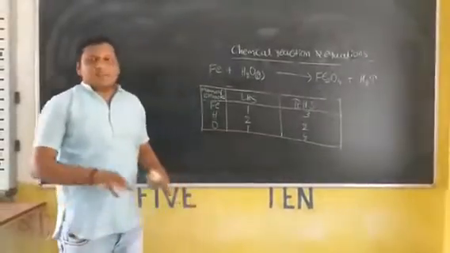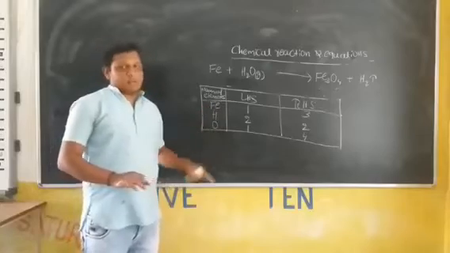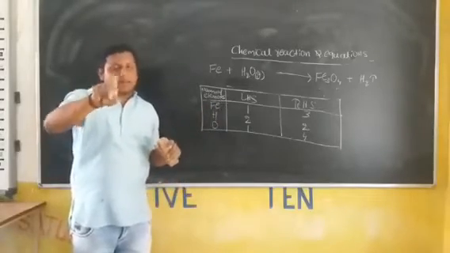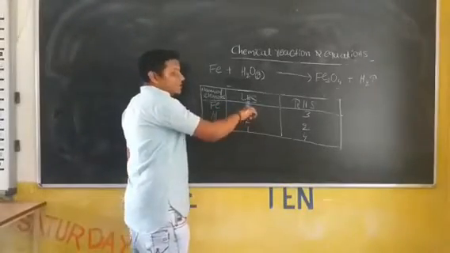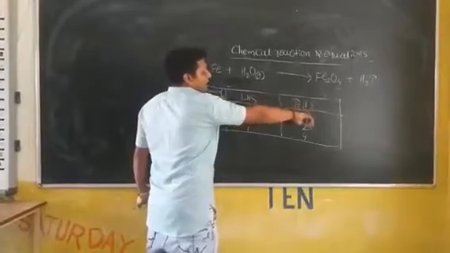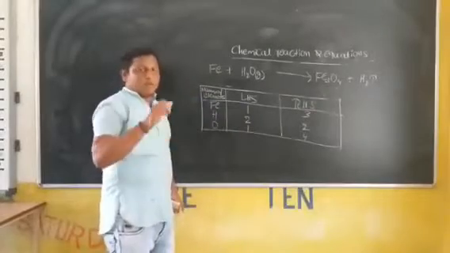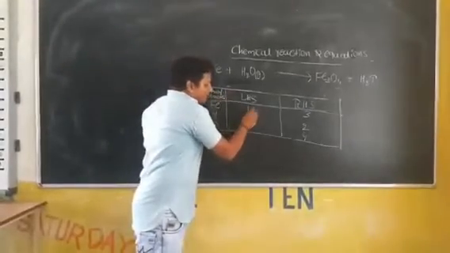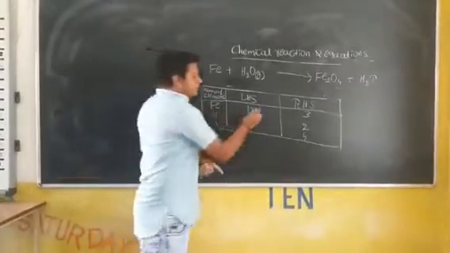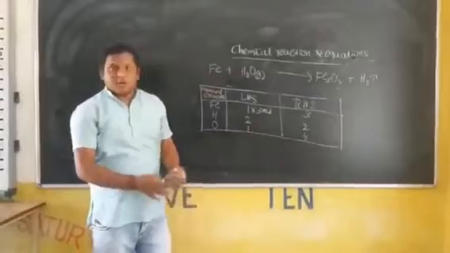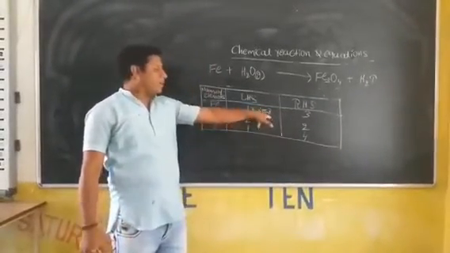How do you balance? First take any one of these elements. First balance only one, then followed by the other. The number of iron on the LHS is 1 and the number of iron on the RHS is 3. How many are required on the LHS? Means 2 more. Hence multiply it by 3. When you multiply this by 3, it becomes 3. Yes or no? Here it is 3 and here it is 1. To make both the same, multiply this by 3 and it becomes 3.